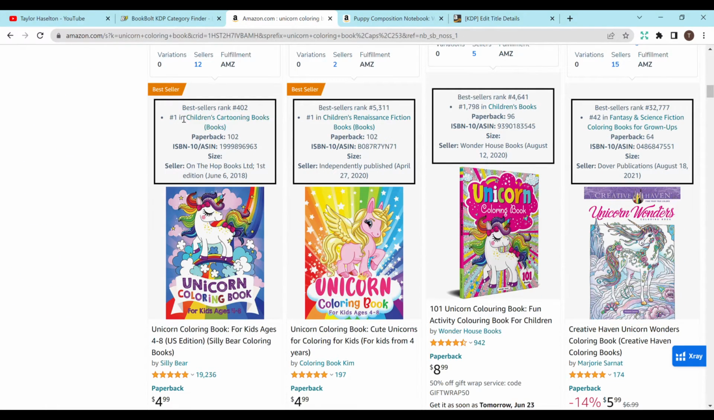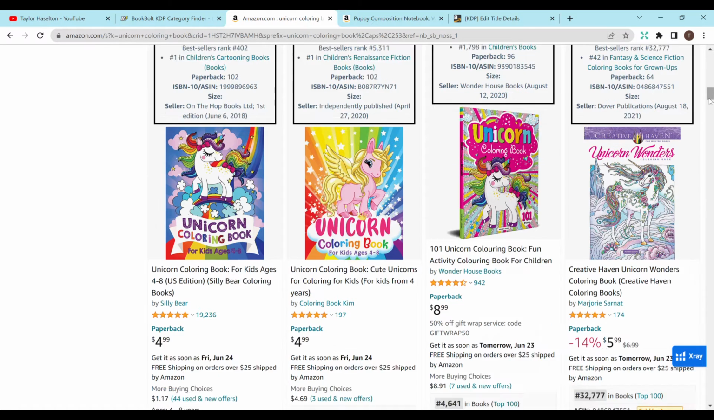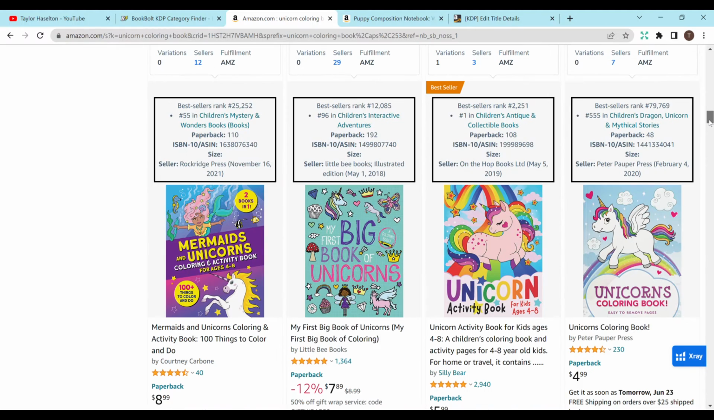So the category for this one is number 1 in children's cartooning books. This one's number 1 in children's Renaissance fiction books, and so on. So you can just scroll down to get some ideas as to what categories are doing really well and similar